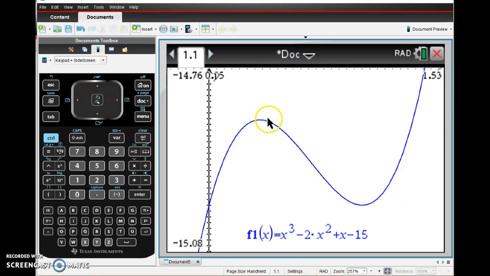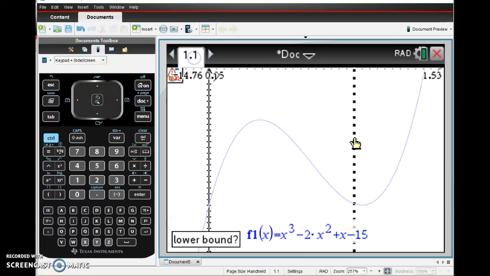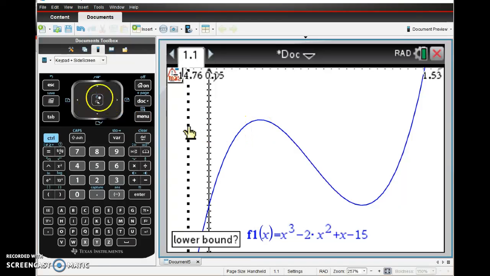So let's find this maximum. Go to Menu, Analyze Graph, Maximum. Now, you go to the left of the maximum, and then you're going to be using this. You're going to go to the left with this, and then you're going to click the center, but I have